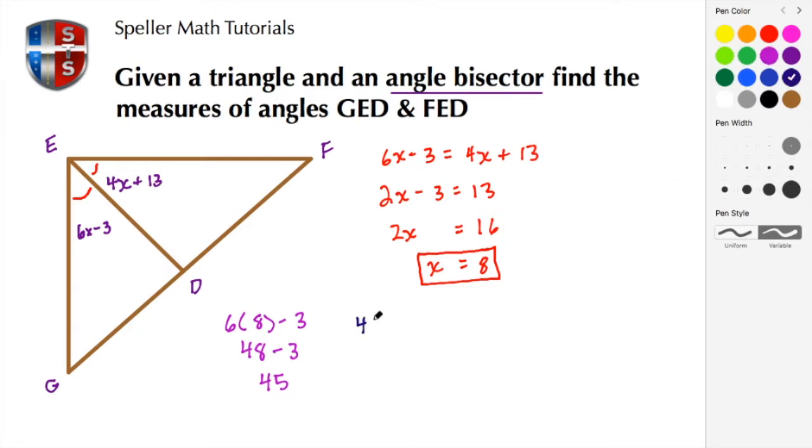So here we have 4 is what's given. We're going to multiply that by 8. And then we're going to add 13 to that. Well, 4 times 8 is 32. And then 32 plus 13, well, I have a 3 in the tens place and a 1 in the tens place. So that's really 30 plus 10 to give us 40. And then plus the 2 is 42. And then plus the 3 is 45. So here I see that both of those angles measure 45 degrees. Let's just put that in place.